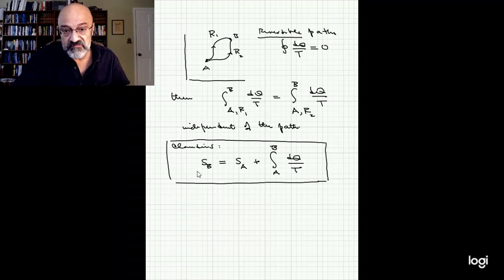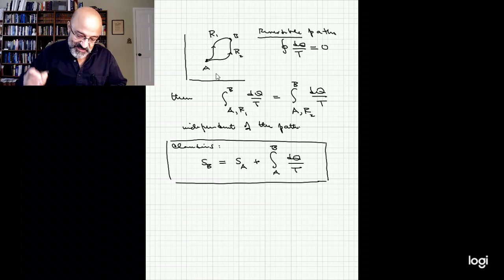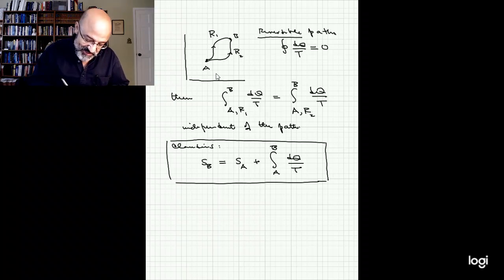Going from A to B, you get the difference between the two entropies of those two points. And so what? The reason that this is important is that if now we consider a more general situation,